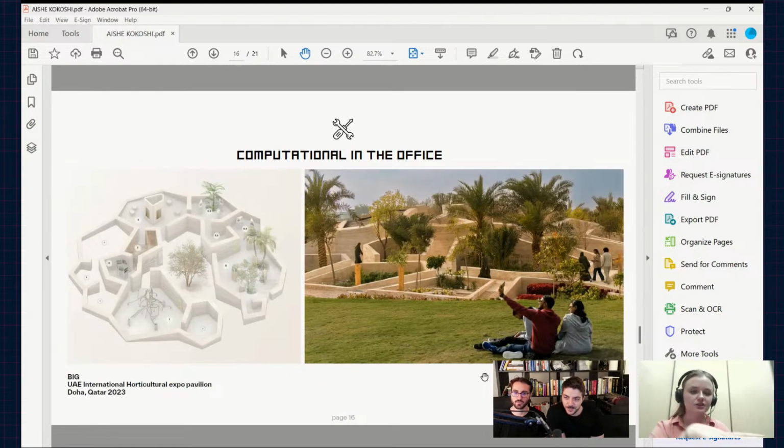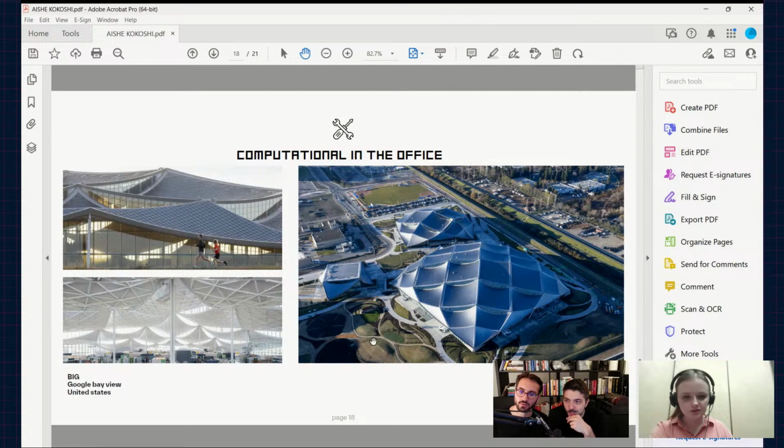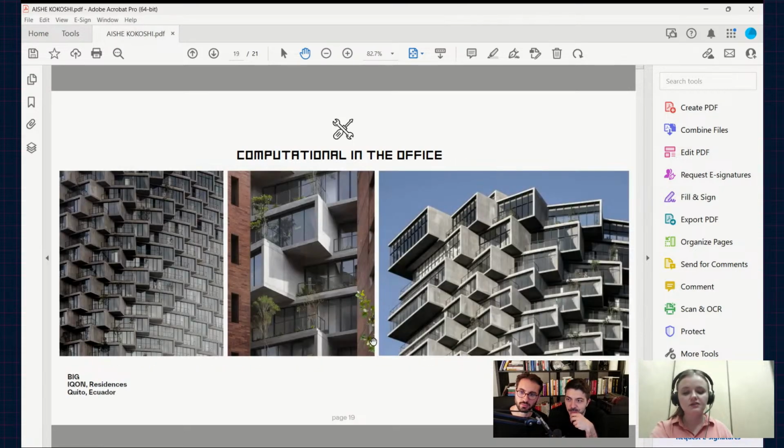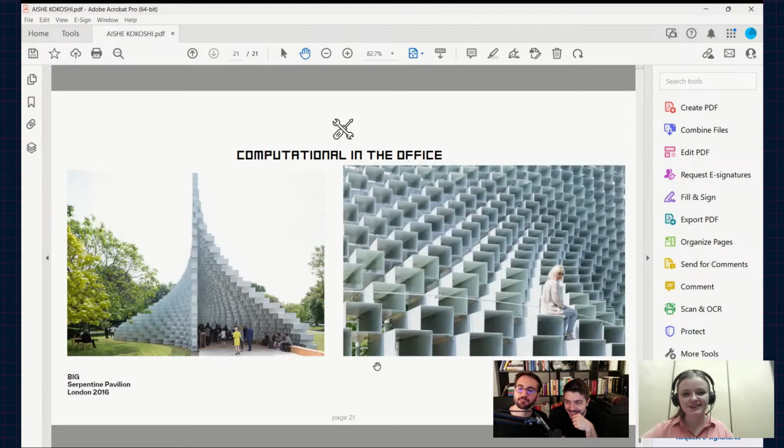Just for the office, I can share how we use computational design at Big for now. I can share some of the projects where they use Grasshopper, for example the Joint Research Center, and this one is a Google view. This is Grasshopper used in architecture, so you can see there can be many uses. Like this is the pavilion, the Steampunk Pavilion. We did a couple of tutorials on some of these projects, so we're familiar.